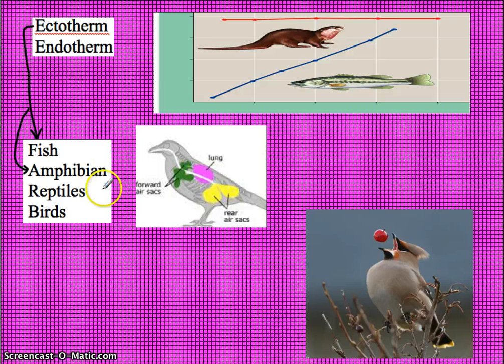Okay, reptiles. An ectothermic vertebrate. These reptiles have a backbone. They have scaly skin. They lay eggs. Most are from the lizard or snake family. And finally, we're going to have the birds. Now, the birds are endothermic. They are warm-blooded. They're endothermic